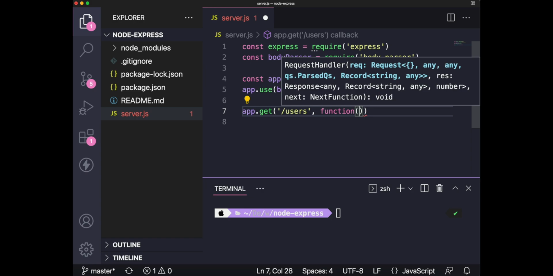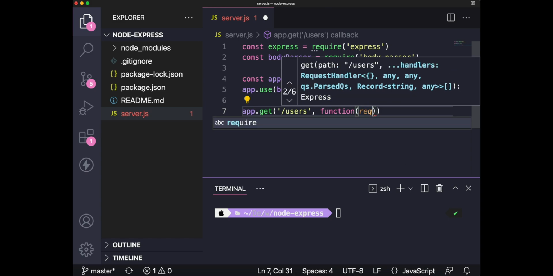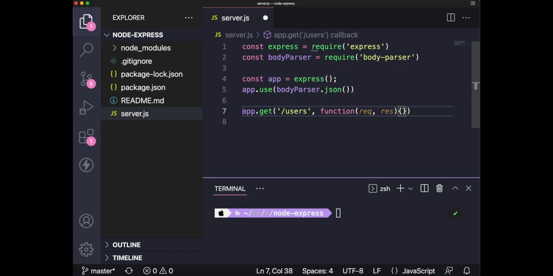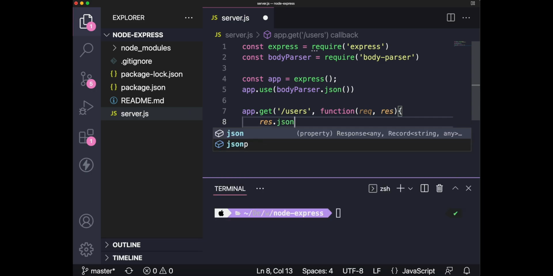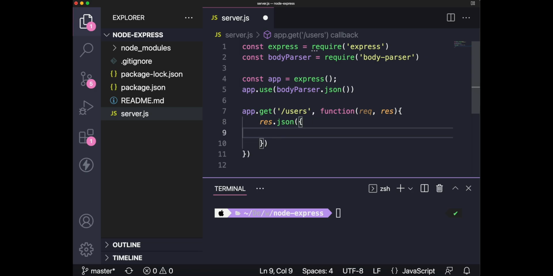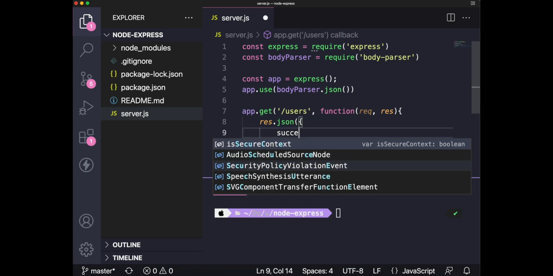It's an anonymous function, which is basically going to receive our request and our response. And here I put curly brackets, hit enter, and when the user hits on this page, I'm going to use res.json, which is response.json,